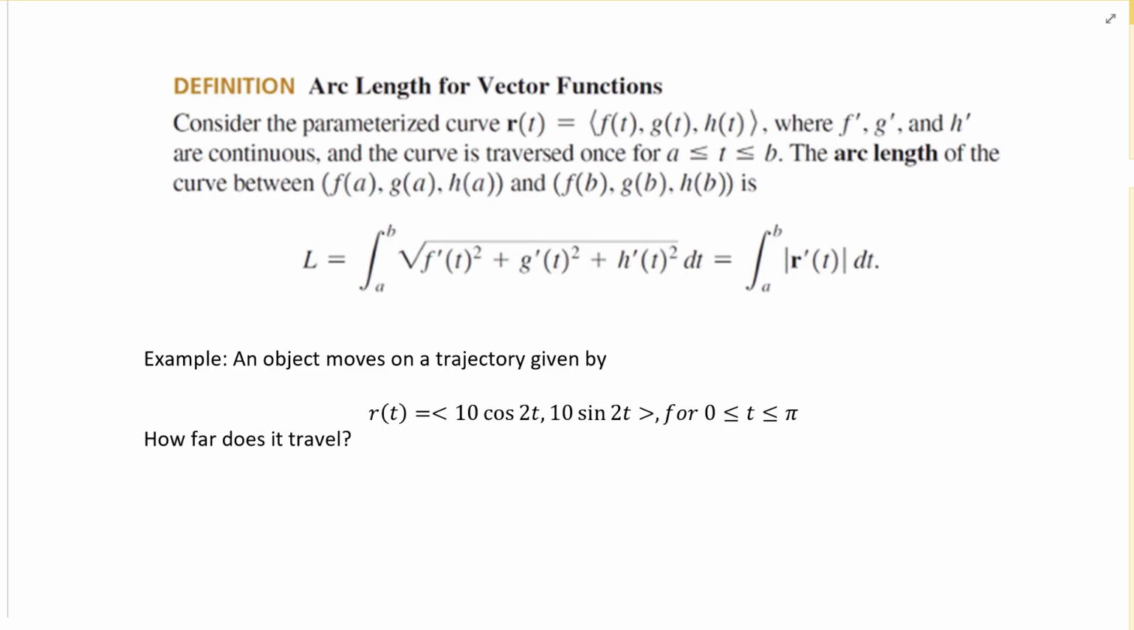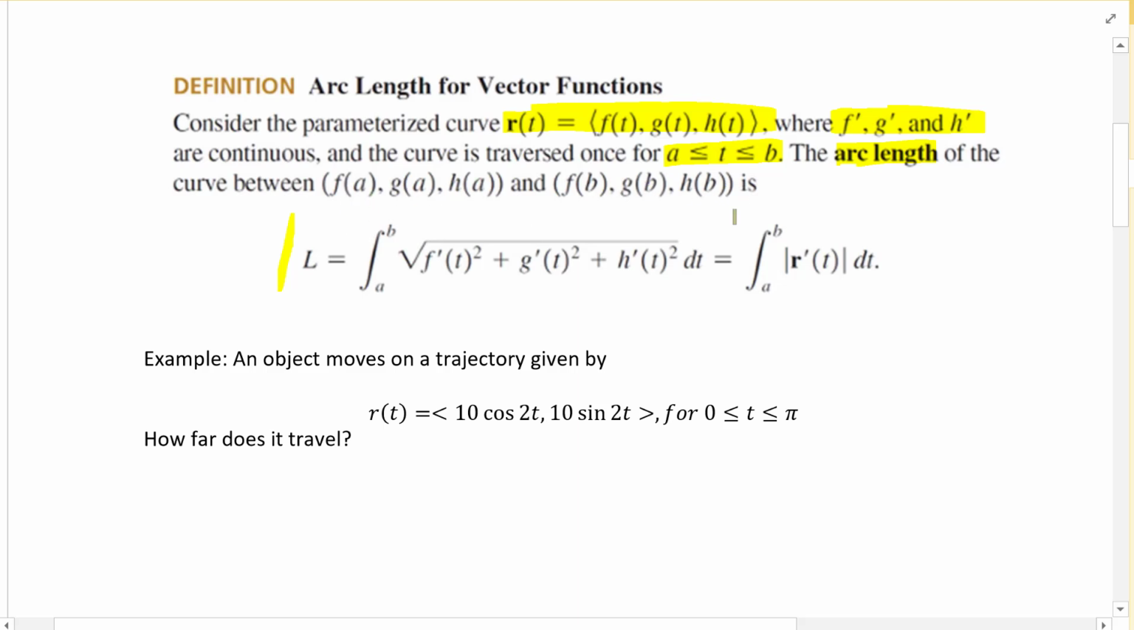In this video, we'll talk about arc length for vector functions. So let's take a look at the formula. If we have a parametrized curve and f prime, g prime, and h prime are continuous, and the curve is traversed once for t between a and b, the arc length of the curve between f of a, g of a, h of a, and f